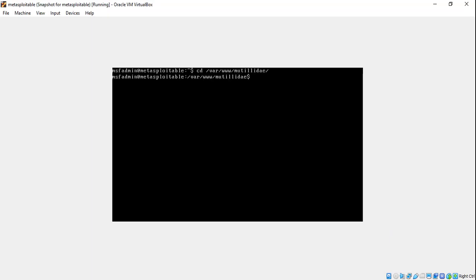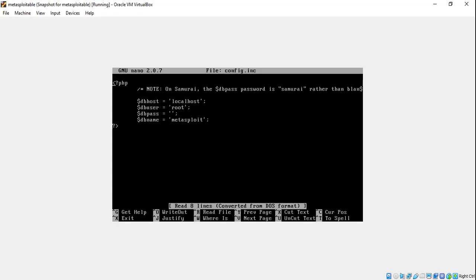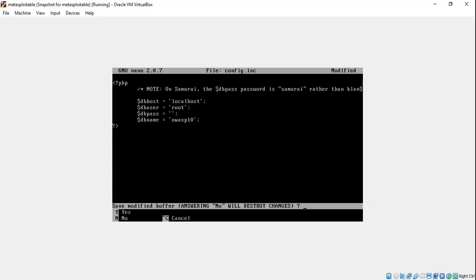Okay, and now let's edit a configuration file. So we use nano, a text editor, and then the config file. But before it, add sudo, hit enter. Okay, now let's change this thing, which is the database name. So change the database name to OWASP 10. Now to save the file, use Ctrl X and press Y. Hit enter. Done. Now let's switch back to Kali